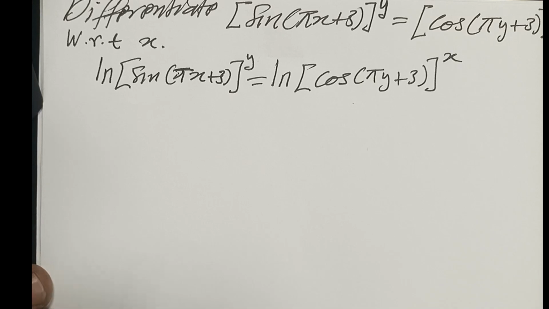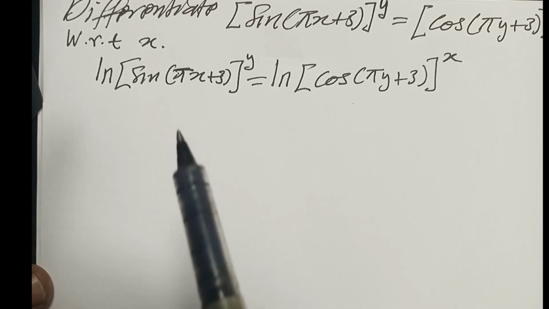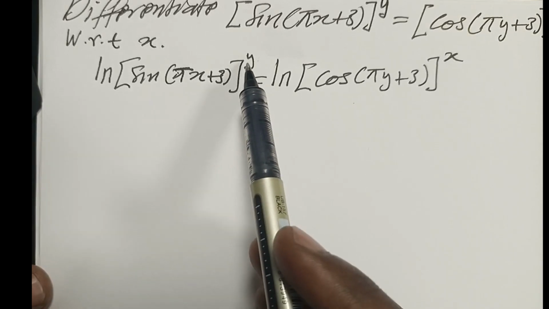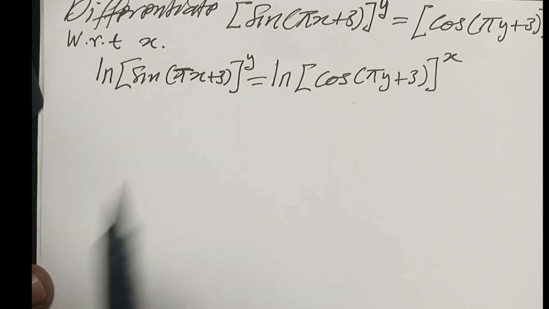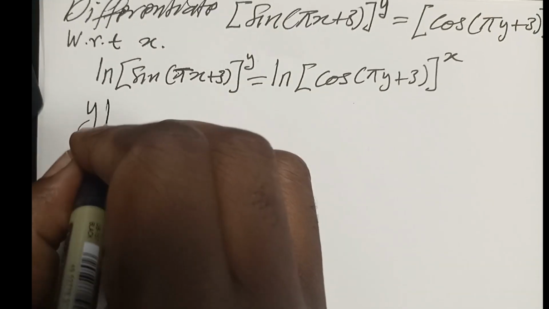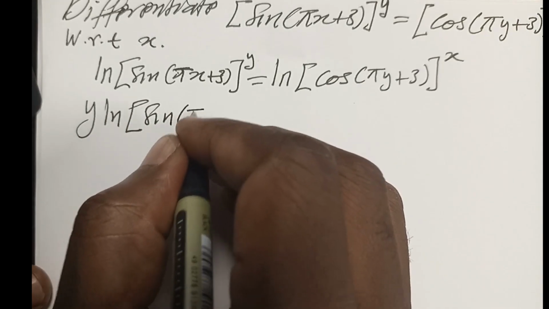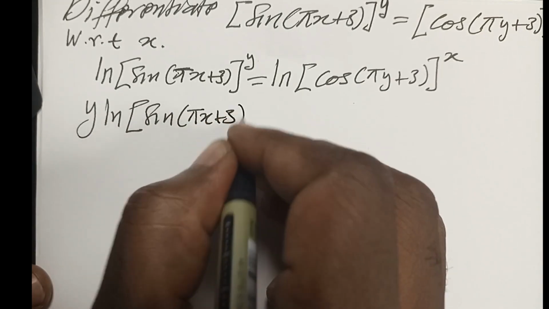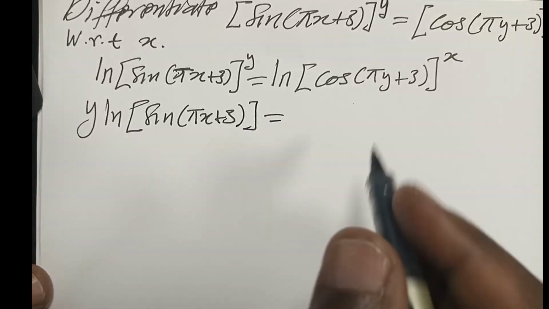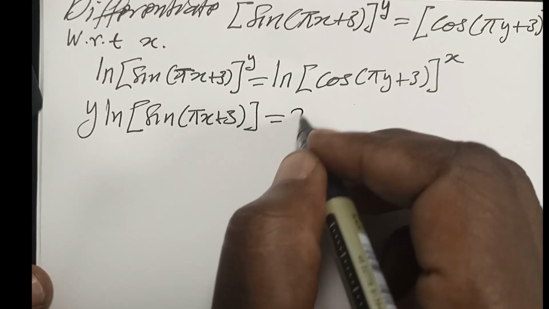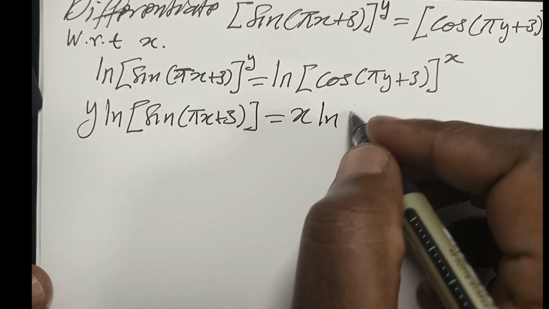Then from the properties of logarithmic functions, this power here can come behind the log here, and then you have log of sine pi x plus 3 equal to, equally this x can come here, and you have